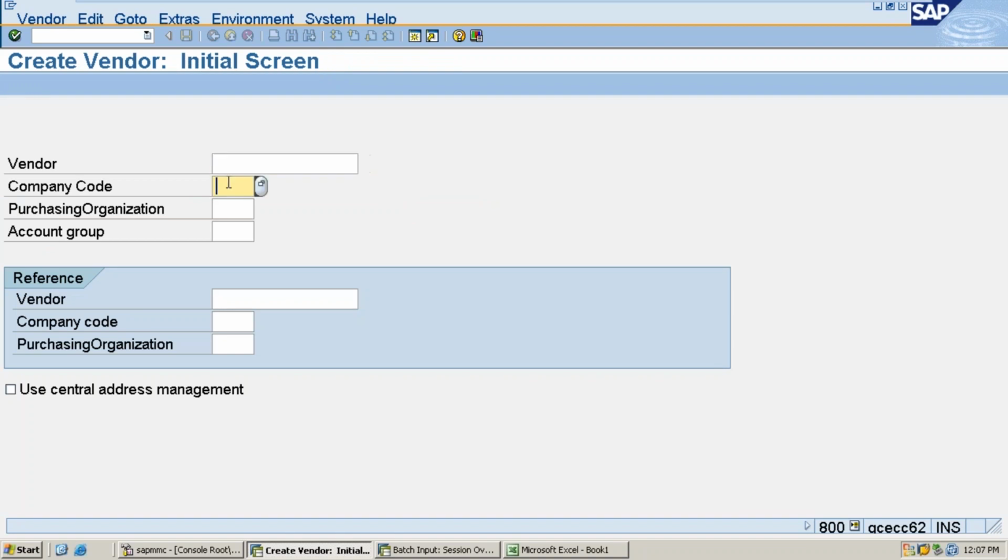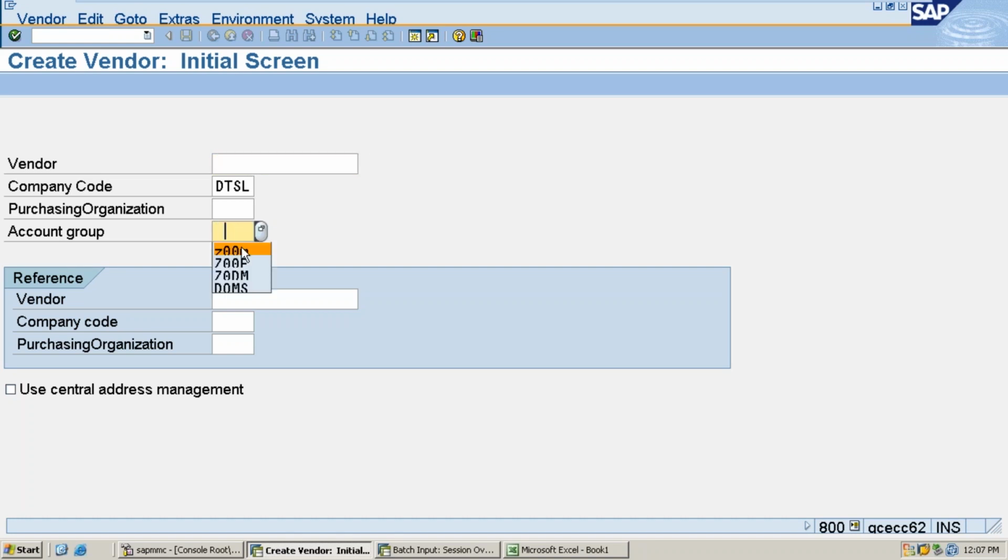So what is the company code? For example, DTSL. When I enter the company code, that field is enabled. There are two types of vendor master number ranges, right? One is internal, another one is external. Internal means you just specify the account group and company code, go ahead, and the system automatically allocates numbers. Whereas for external, you have to enter the number here. In that case, the vendor master number also will be a source field. In this case, I am following internal number ranges.